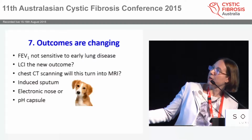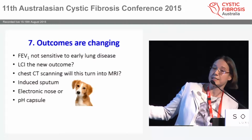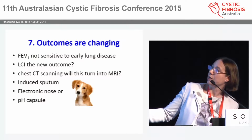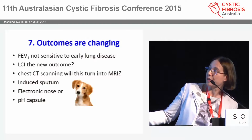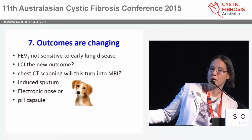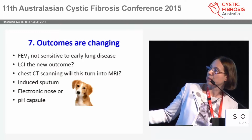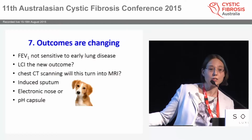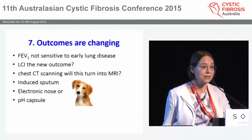FEV1, lung clearance index, that new outcome. Well, chest CT scanning, is this going to turn into MRI with no radiation? Induced sputum, very important. We've heard a lot about new approaches to looking at sputum. What about young children who can't actually expectorate? Electronic noses, or maybe the dog. Now, dogs are now starting to be able to sniff out cancers, melanomas. They're better at picking out